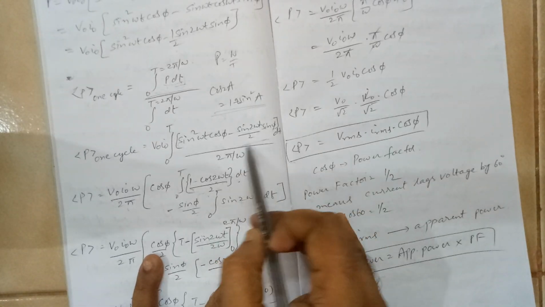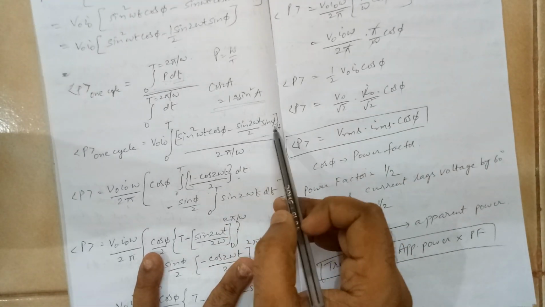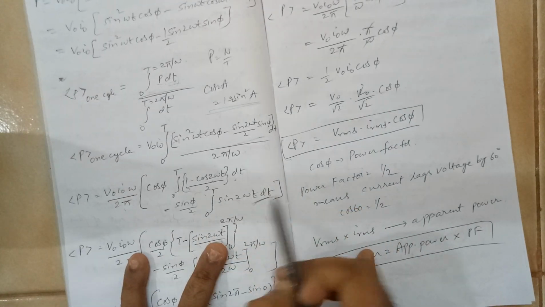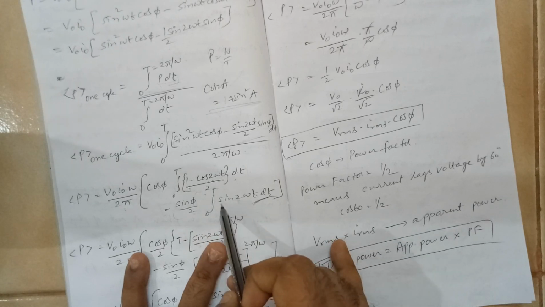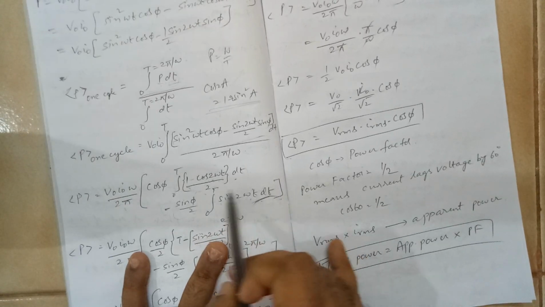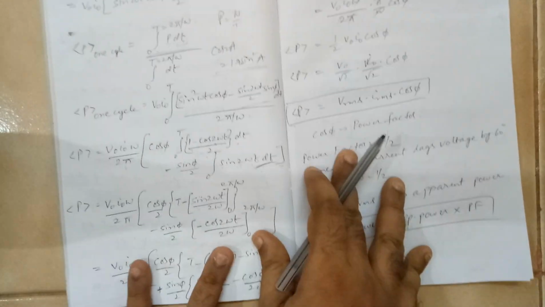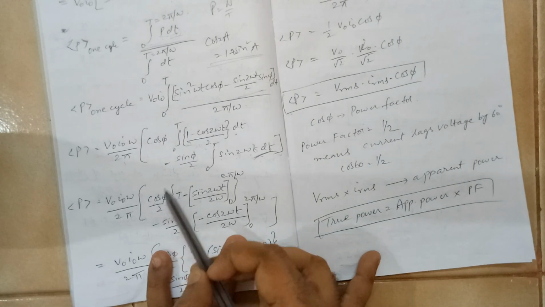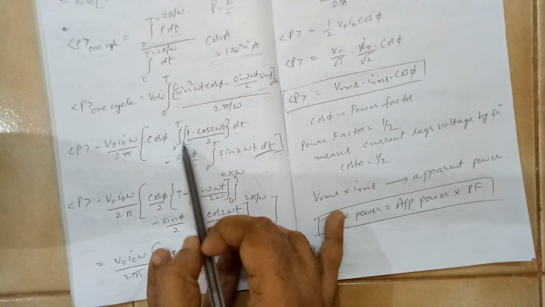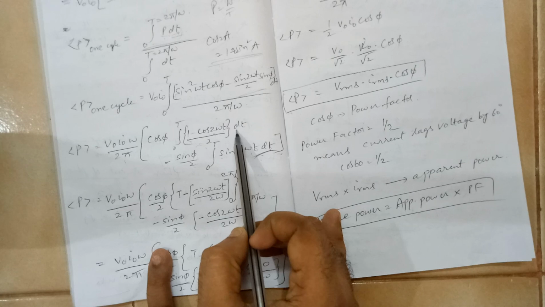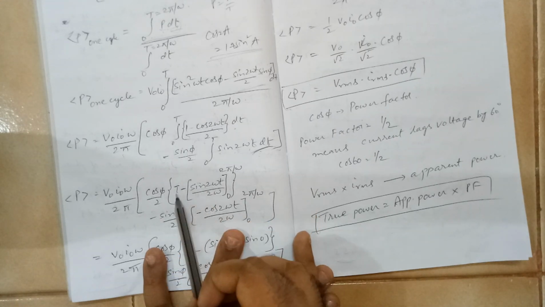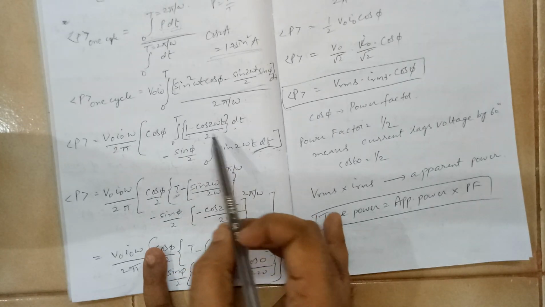And then there is this term, which is sin phi, which is constant, you can take it out. See why I am calling it constant? Because here the varying thing is time, not phi. So sin 2 omega t dt. You need to integrate this and you need to integrate this. Let us see the first one. When you integrate this, I am taking the 2 outside, it will become cos phi by 2, and then this term inside is dt. So what is integration of dt? It is t. So you have to put the upper and lower boundary, it will become t minus 0, which is t. Okay, now come to this term.